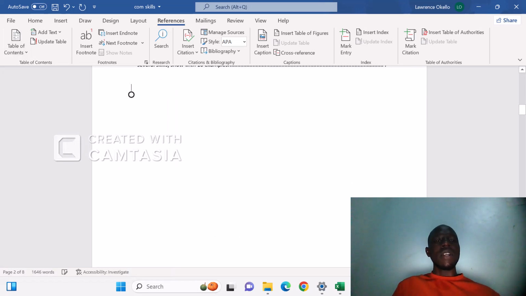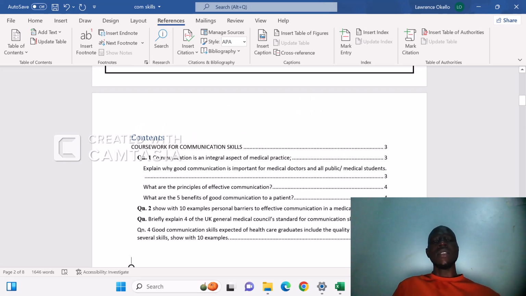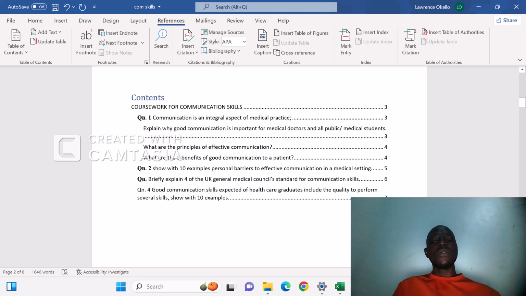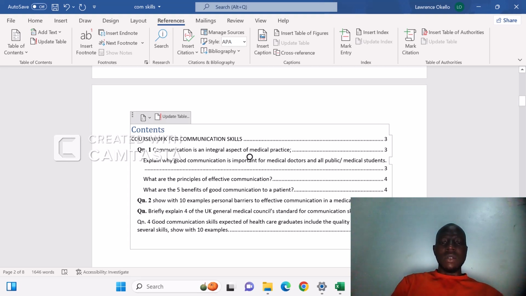Now, the reason for you to add a table of contents is to prevent you from the tireless effort of maneuvering through your document looking for what you're interested in. What you would do, you would just come to the table of contents and choose any item of your interest, and then you can click on it and it takes you direct into the document where that particular item is. For example,